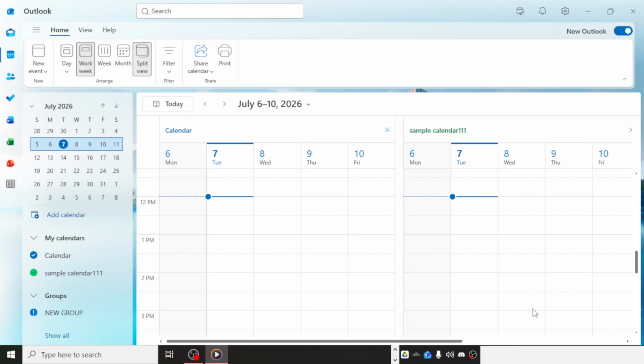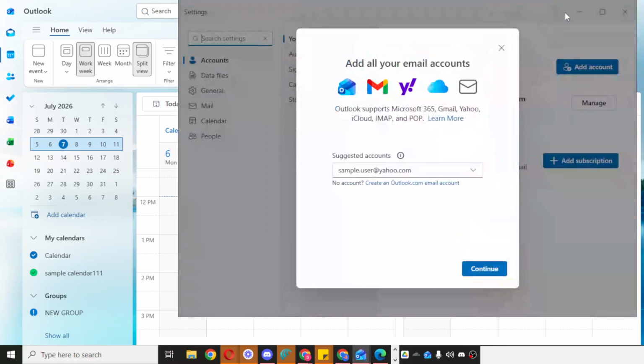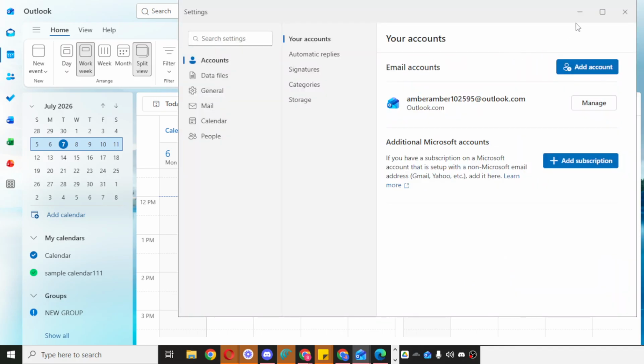To get started, go ahead and open Outlook. Make sure you're signed in and fully inside your mailbox, so you can access the settings menu without any interruption. Once Outlook is open, look toward the top area of the screen and find the gear icon. This is the settings button, and it's where Outlook keeps many of the options that control how the app behaves, including notifications. Click the gear icon to open the settings panel.